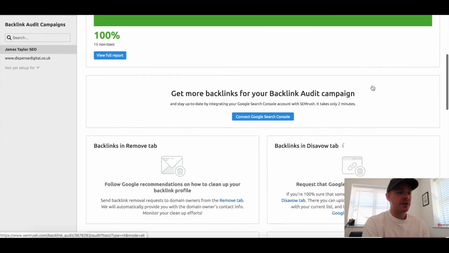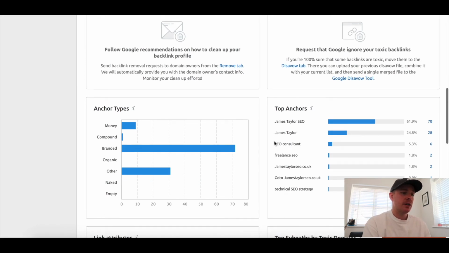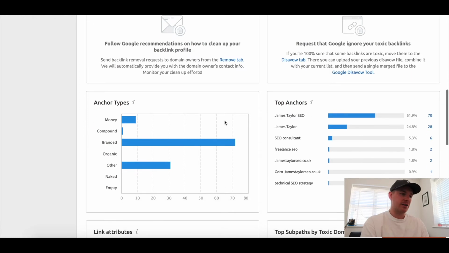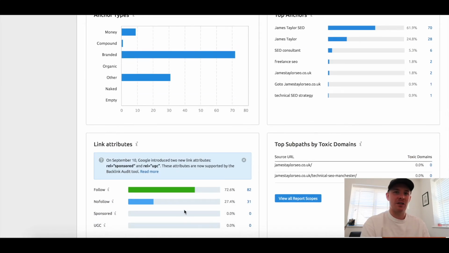So with your top anchors, this is another really nice quick way to summarize your anchor text ratio from a visual perspective. I don't mind showing this publicly either, because you can find all this data from the tool anyway. As mentioned above, I stick to branded anchor text where possible to keep things natural. And this is also a great way of finding out if you've been hit by any negative SEO attacks or just unsavory anchor text, because you'll see the bar chart go off the charts with